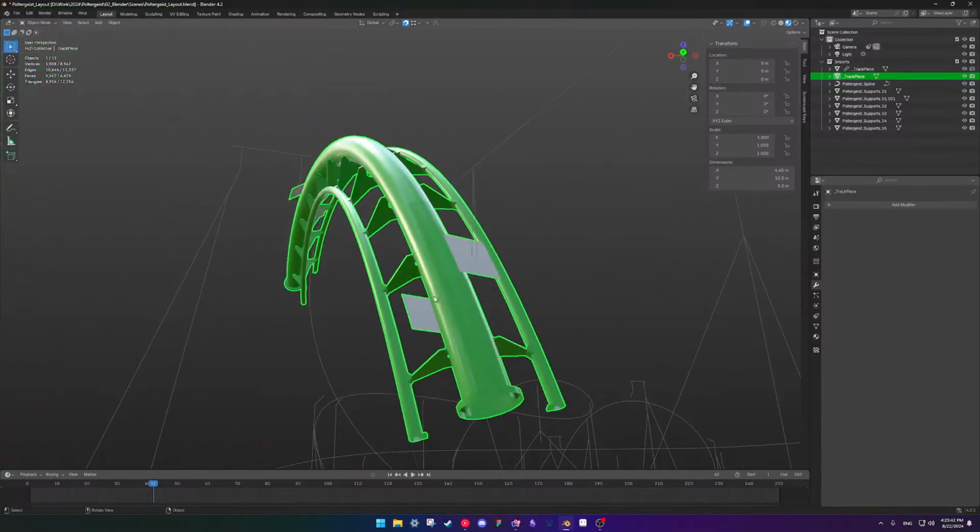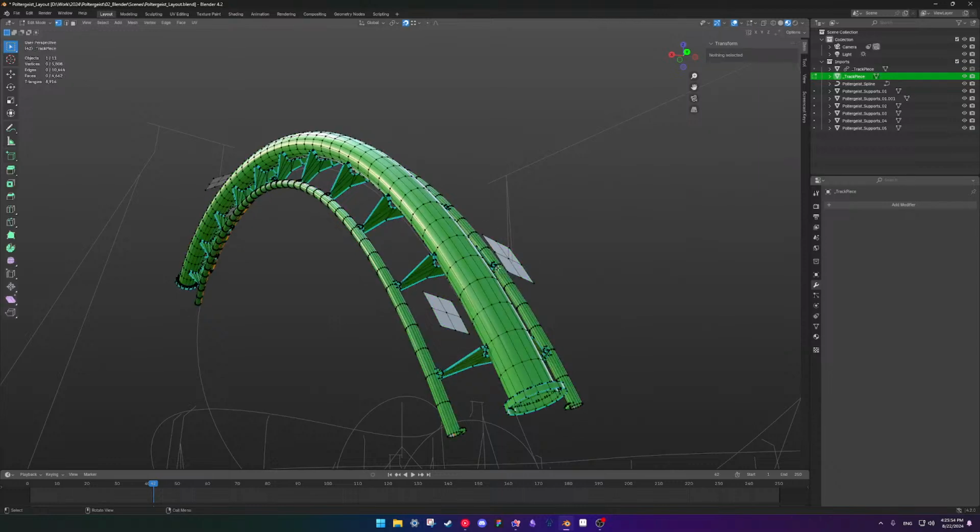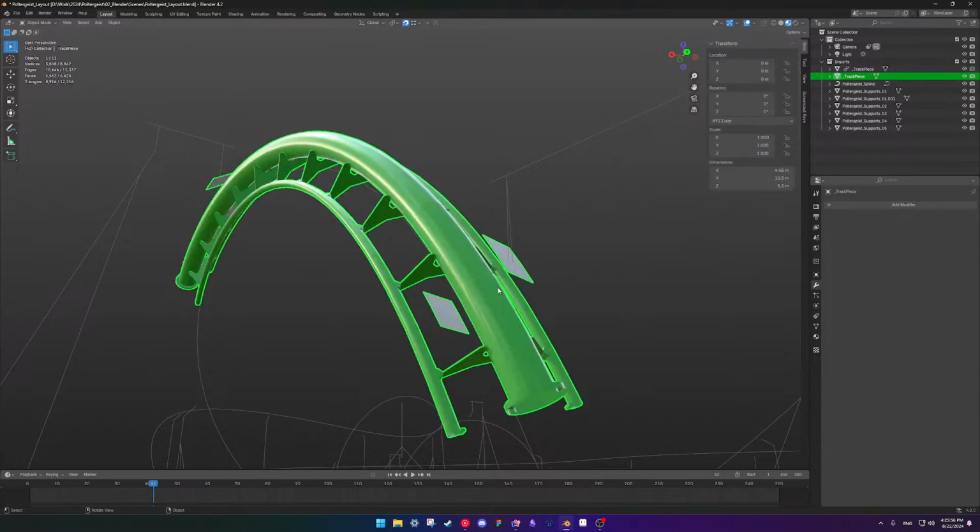I don't know if I'm able to do it on a different layer is the thing, because if I can have these on its own layer, that would be really nice.